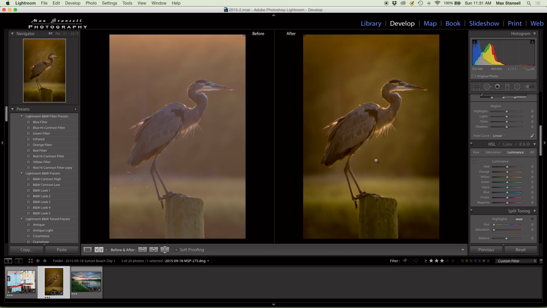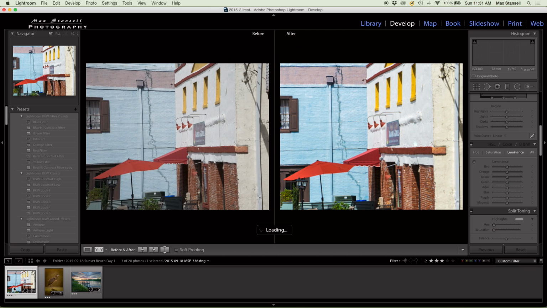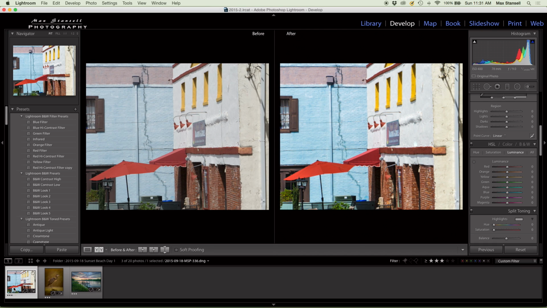He's got, I like that little rim lighting there. I wish he was a little bit sharper. That was me messing up with the camera, but that would have been a lot better if he was a little bit sharper. All right, let's go to our last one here, and there goes a before and after,